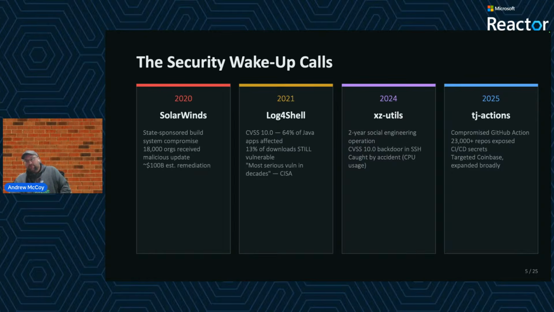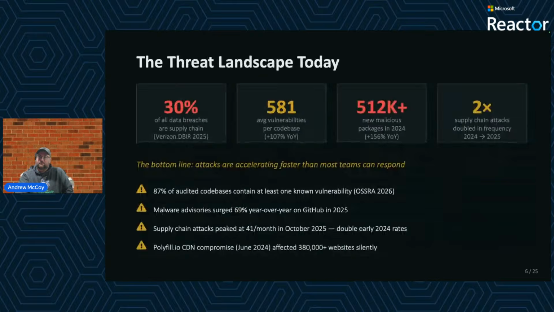And then with TJ Actions, again, mimicking the SolarWinds attack, something that was put into your CI infrastructure, not the typical attack vector of coming in through one of your regular applications. And so if we think about this total landscape today, most of the breaches are coming through the supply chain. You're having an exploding number of vulnerabilities in your code bases. There's a lot more malicious packages, whether they're being found from